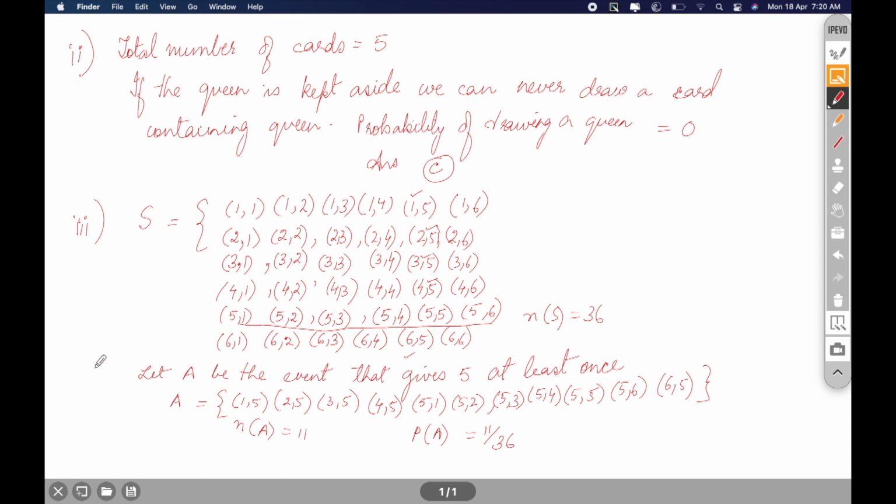And this is part 1 for question number 3. And part 2, the probability of 5 will not come either time, is 1 minus 11 by 36, giving us 25 by 36. So the correct option to this question will be